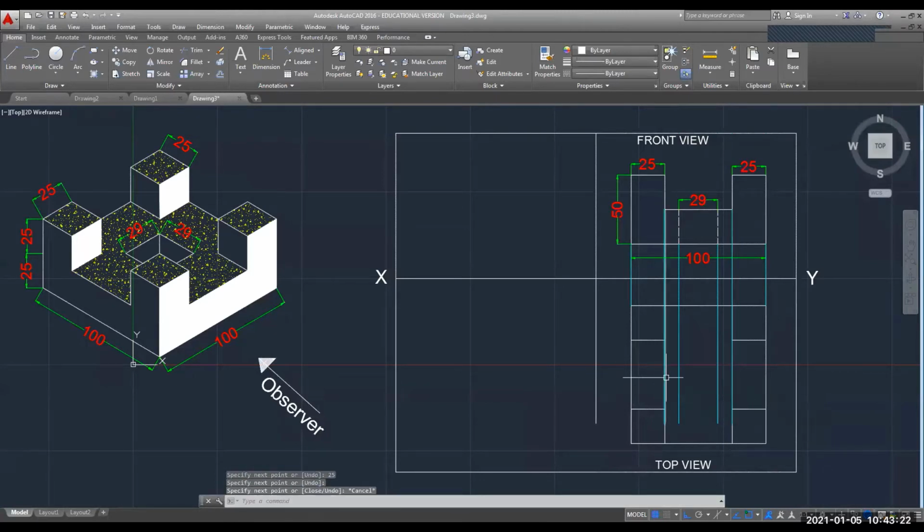Now, you can reduce this length up to this point. You can reduce this length up to this end point for making these white color lines visible.